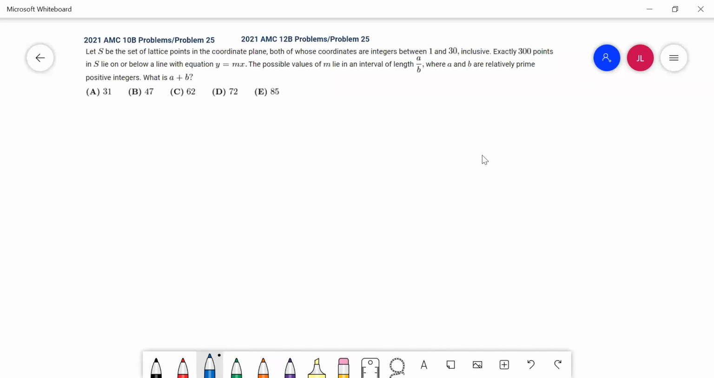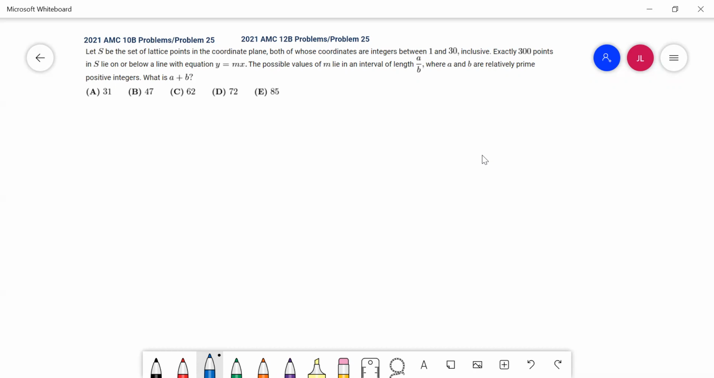Today, we're going to look at problem 25 from the 2021 AMC 10B. This is the same as problem 25 of the 2021 AMC 12B. So let S be the set of lattice points in the coordinate plane, both of whose coordinates are integers